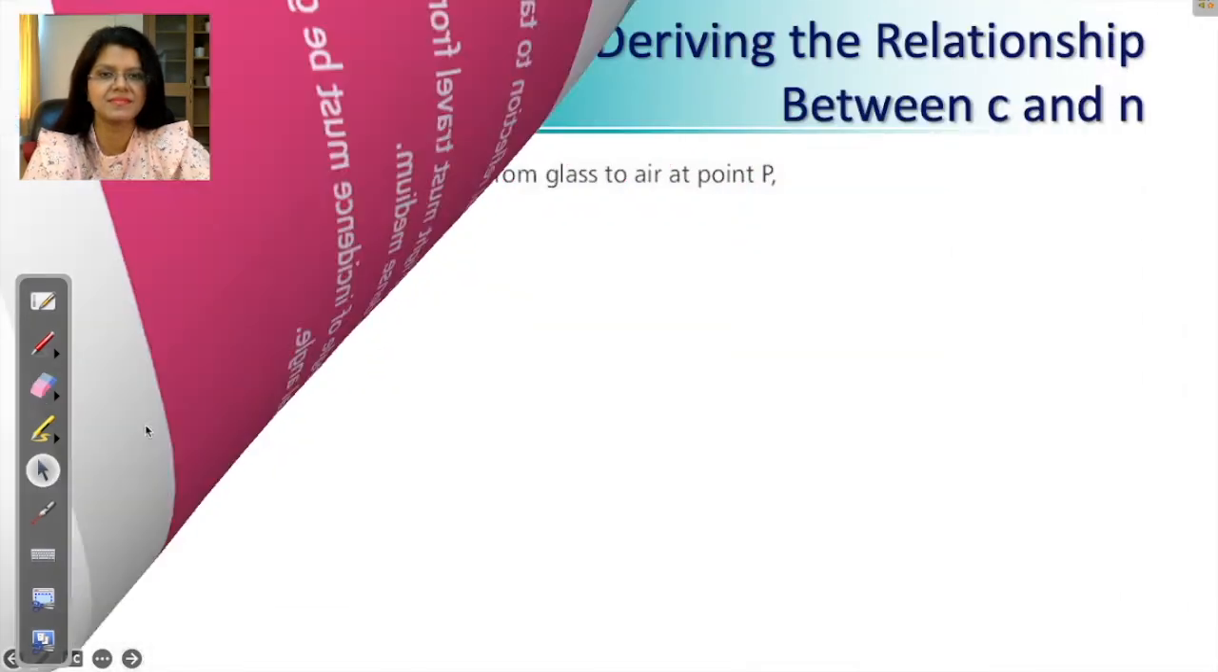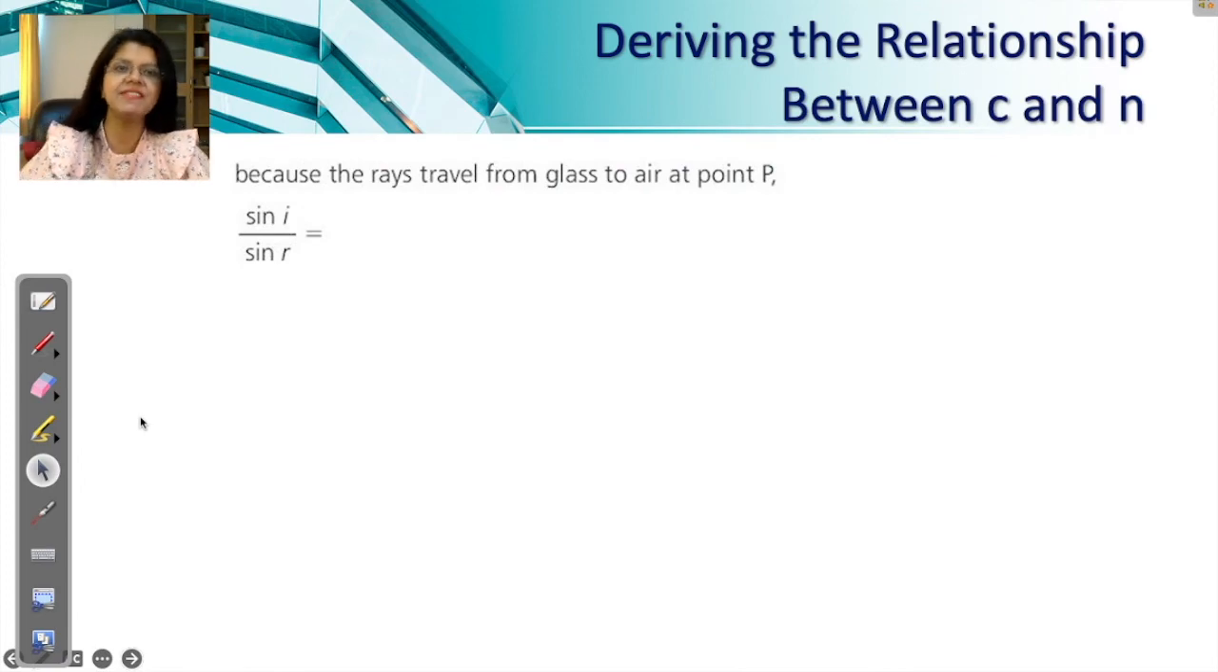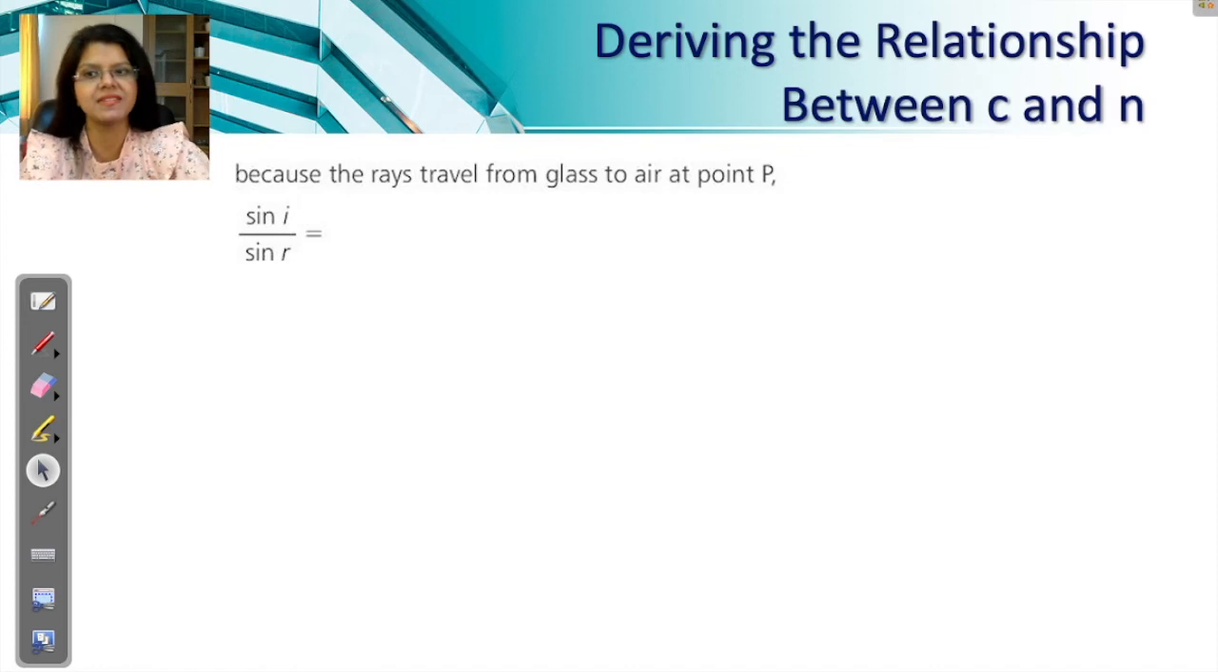Now, deriving the relationship between C and N. C is your critical angle and N is your refractive index. So let us derive a relationship between these two quantities. Because the ray travels from glass to air, we are talking about a scenario. So let us draw a scenario